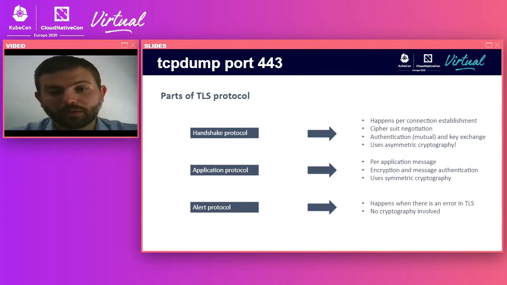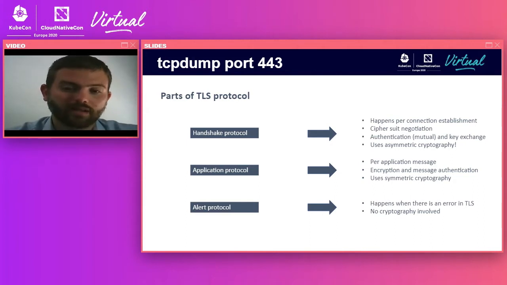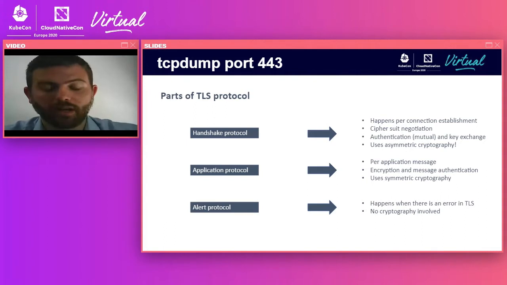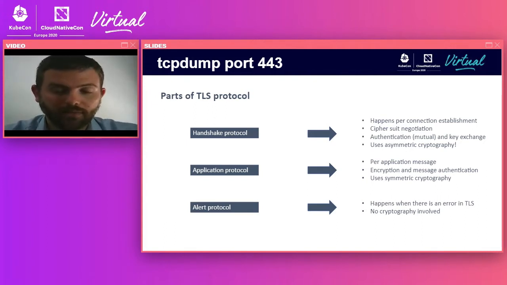But asymmetric cryptography is a computationally demanding field. On the contrary, symmetric cryptography, which is used by the application protocol, is a less computationally intensive field, and therefore one of the main goals of the handshake protocol is to create a symmetric key